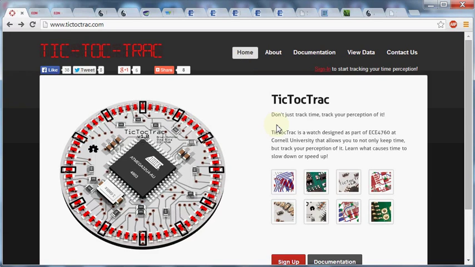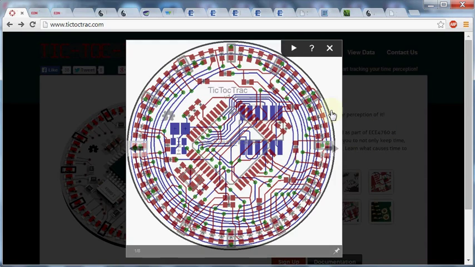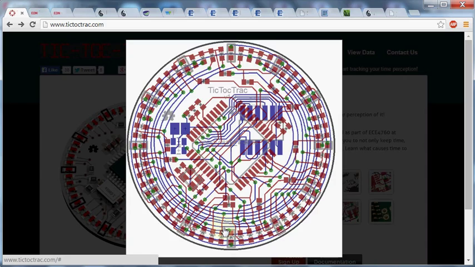Hi, I came across this project on the internet where they have designed an LED watch. So I was wondering how they would have done it in a PCB CAD package. If we look at the PCB layout, here they have placed SMD LEDs on the outside circumference. These are of SMD type. I don't think they would have placed them manually. So there should be some kind of scripting done, and this looks like it has been done in Eagle PCB